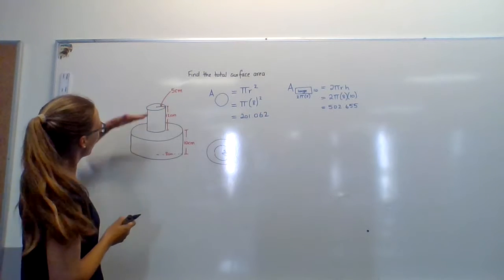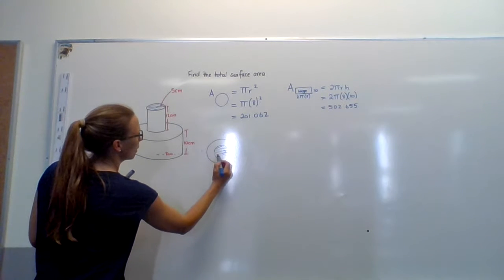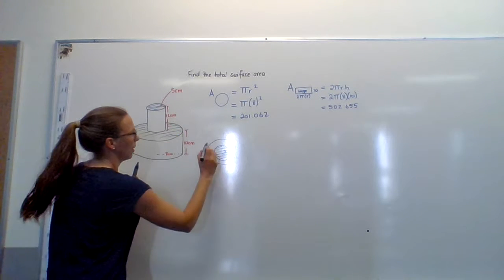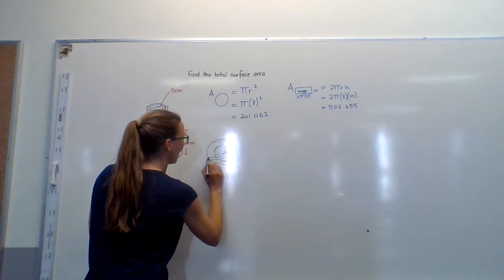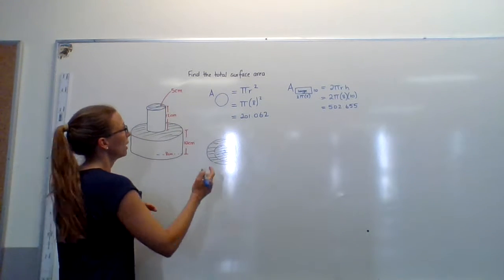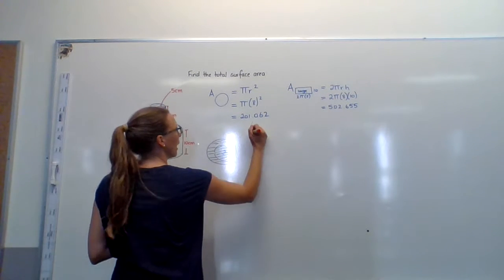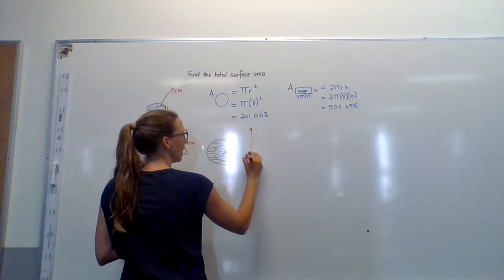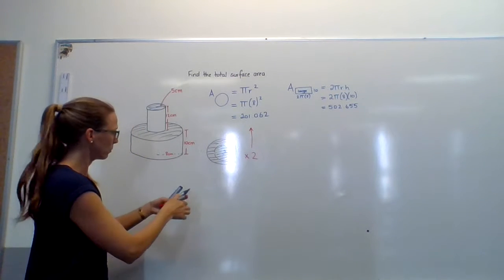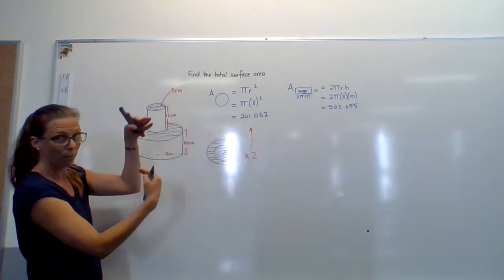But the reality is the surface is this top bit, and this layer. So I'm actually having to calculate both of those surfaces. So really, that is simply that big circle. So I don't really need to recalculate anything. I'm just going to times that. The base is exactly the same as the top by 2. So now I've done the base, I've done the large curve, I've done those 2 top faces, and all I've